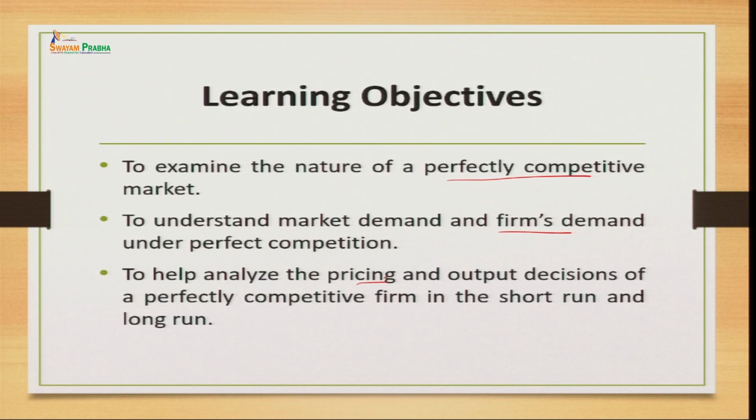So you will be able to analyze the pricing and the output determination, or the decisions taken, under the perfect competitive market in the short run as well as in the long run, because these are the two important time frames. A seller in the perfect competitive market has to decide how much to produce and at what price, so that they can optimize their resources and have maximum results out of it. So, let us begin with that.